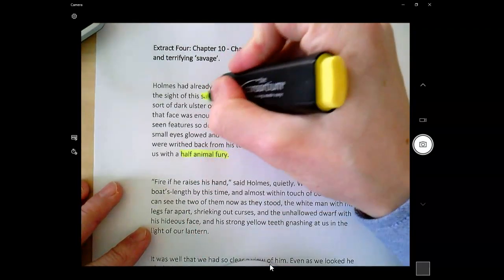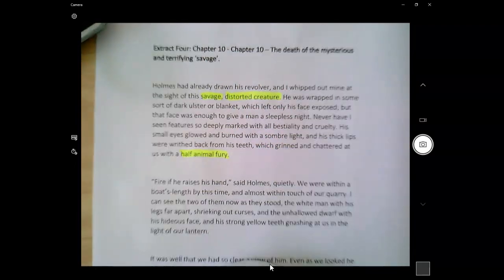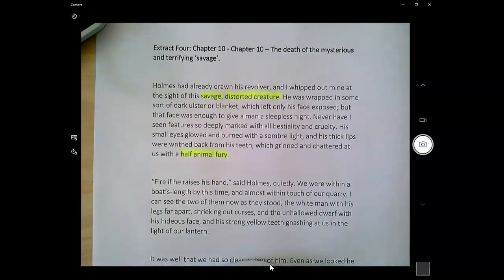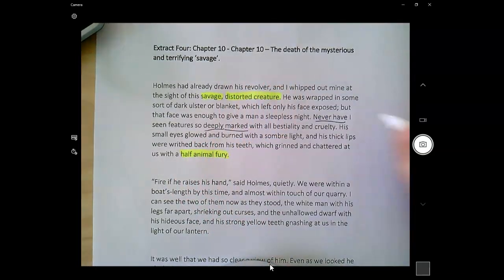Here he's dehumanized. We've got words like savage and creature, which totally dehumanize this character. But as we're focusing on mystery and excitement, we've got to try and imagine Doyle's intentions here of bringing Holmes and Watson within inches of this terrifying, deadly character who's already killed Bartholomew Sholto. And the language used here, whilst we can explore the inherent racism found in the text, we can also explore Doyle attempting to present Tonga as this